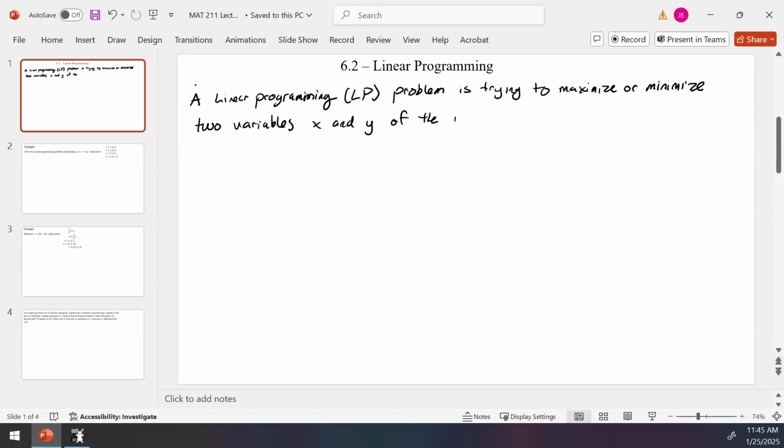So it will almost always be of this form. It'll be some equation, P, for profit or whatever you want to say, really it's just a parameter, AX plus BY, subject to